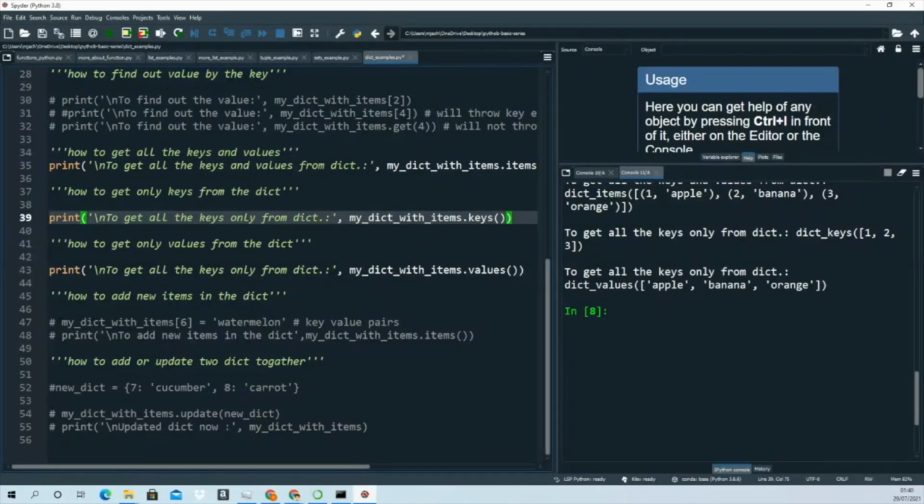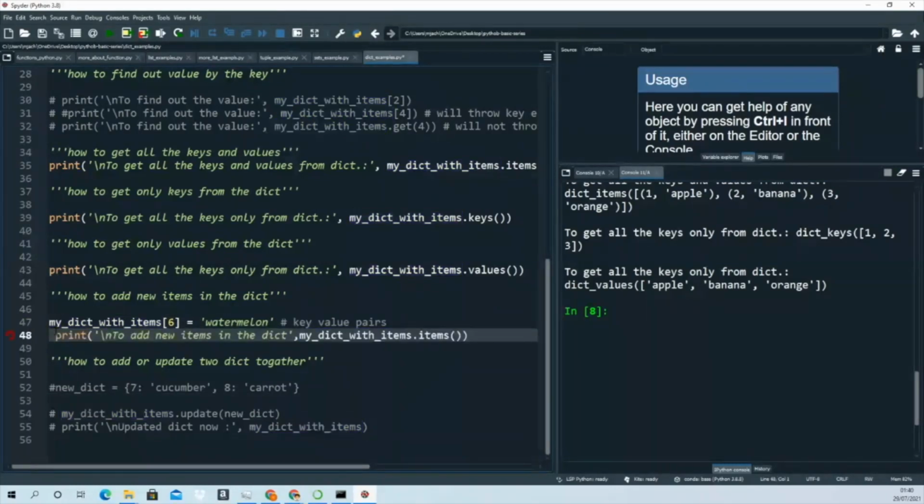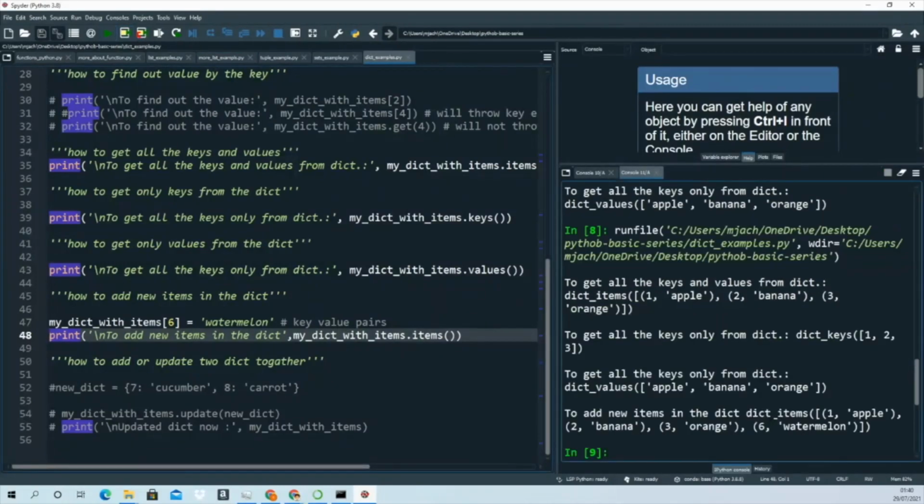This is how you can add anything new inside the dictionary, but make sure the key has to be different, because the same key won't work. Key 6 is not available here, so I put key 6 with watermelon. So if I update my dictionary